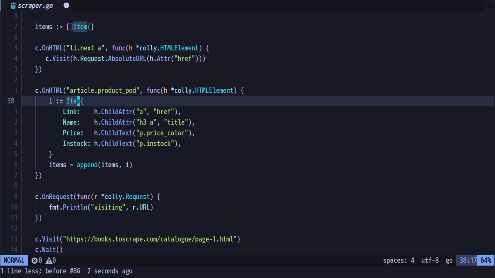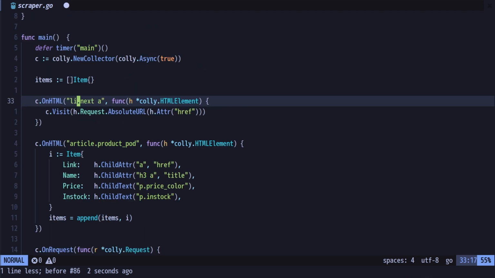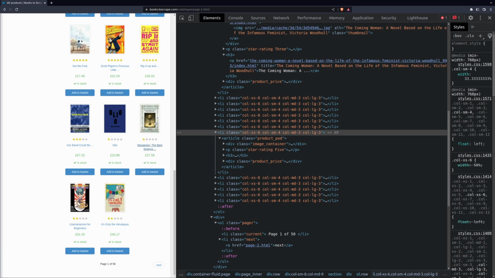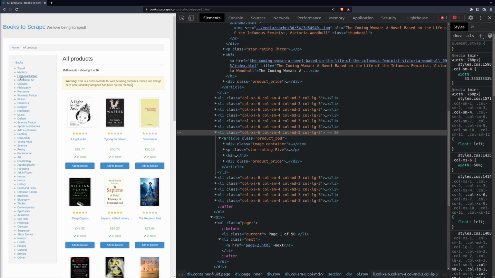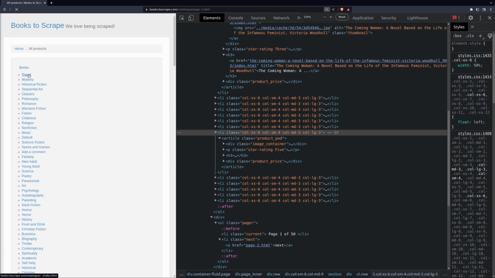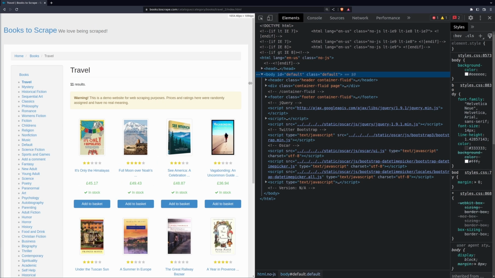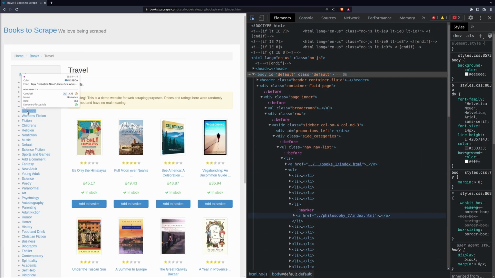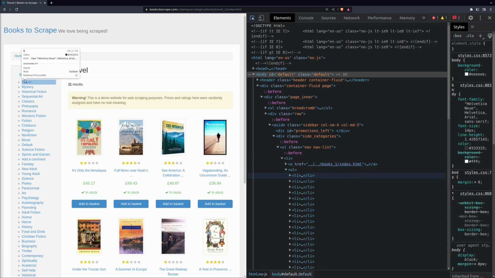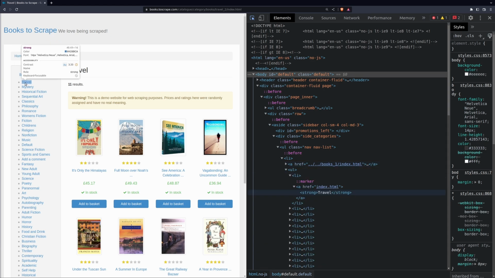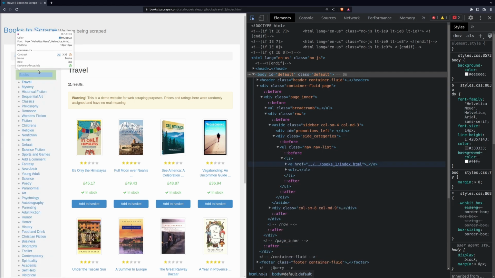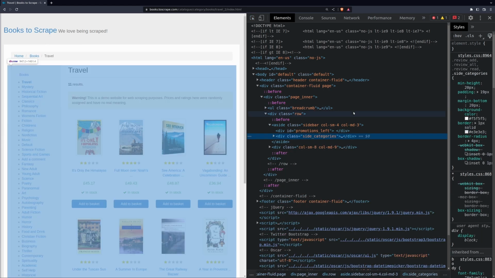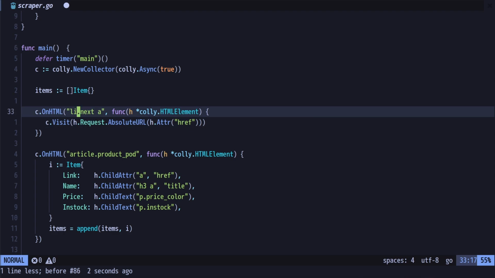So as well as going for and grabbing the information which we need and going through the pages, what we're going to do is we're actually going to pull the information from the left hand side here, these categories. And that's where I think this becomes really good. If you're doing HTML scraping and you have loads of categories, or you can get loads of links to start with, making an async scraper with Go and Colly is super easy. So we need to grab all of this information and change our start URL. So to do that, we need to do, again,